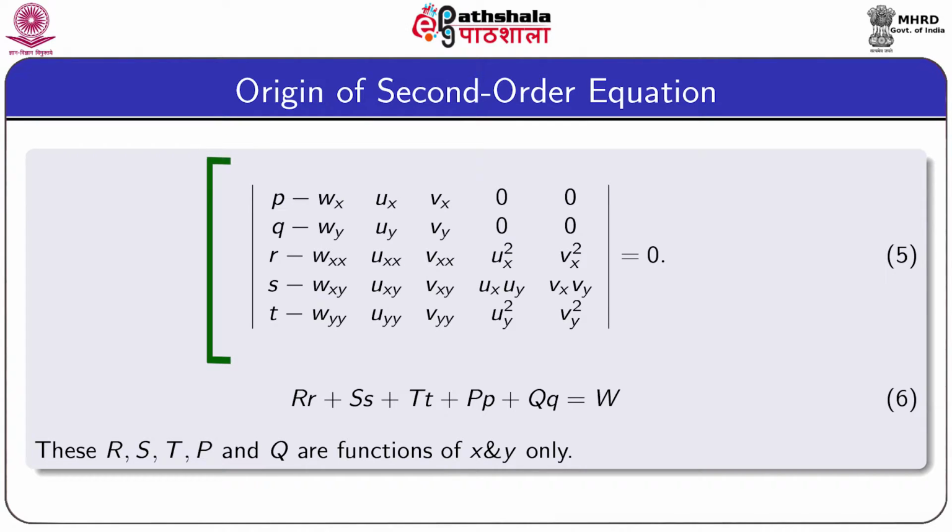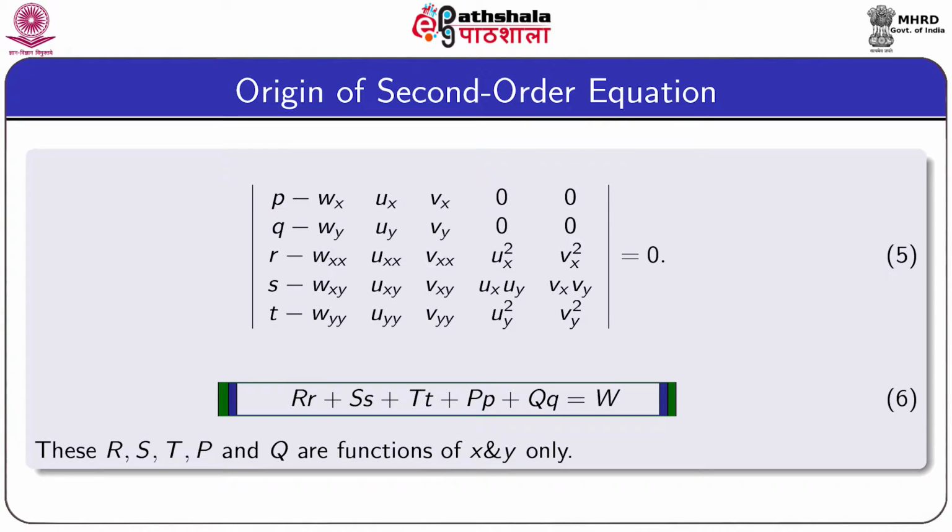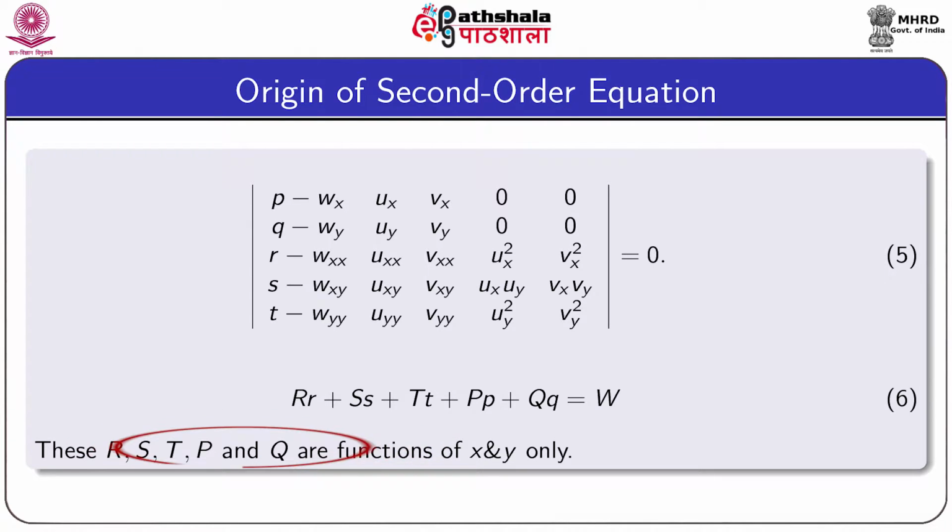Now, if we expand this determinant with respect to the first column, then we obtain a relation in the form, which is written in equation number 6: capital R small r plus capital S small s plus capital T small t plus capital P small p plus capital Q small q equals W. And these capital R, S, T, P, Q and W are functions of the independent variables